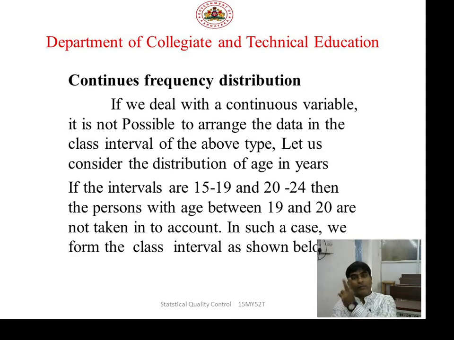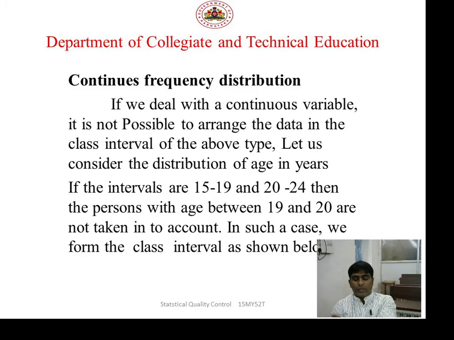So the tally will not be equal. When we compare the total, there may be a difference, because in this case the person whose age is between 19 and 20 will not be included in any of the classes. So there will be a difference in the total. In such cases, we should treat this as a continuous frequency distribution. Here we are taking the class interval as less than or greater than. As I told you earlier, it should be avoided as far as possible, but in age distribution we can't avoid less than and greater than.